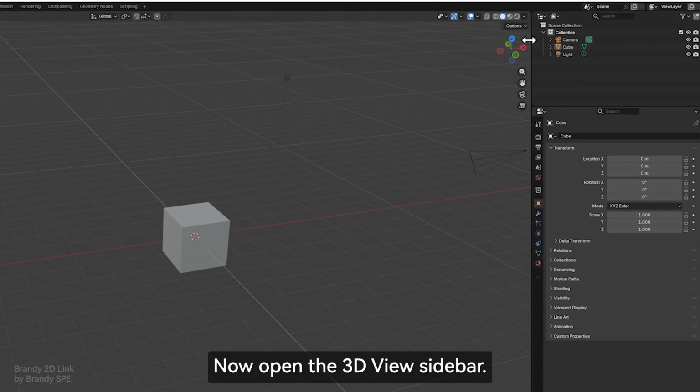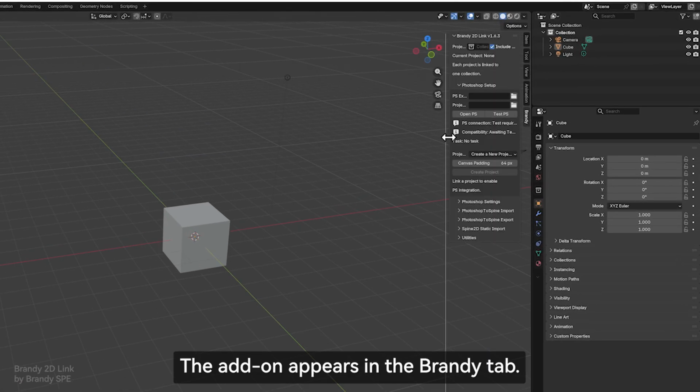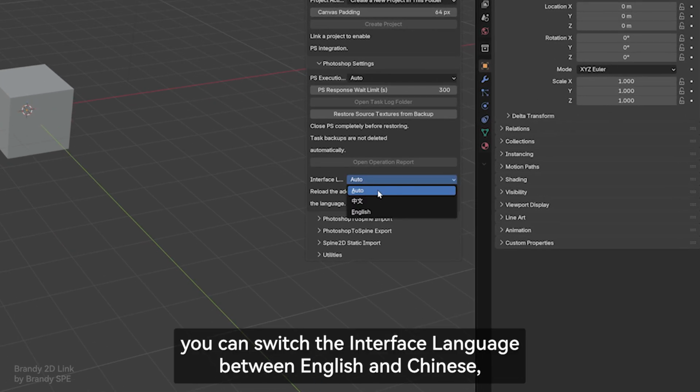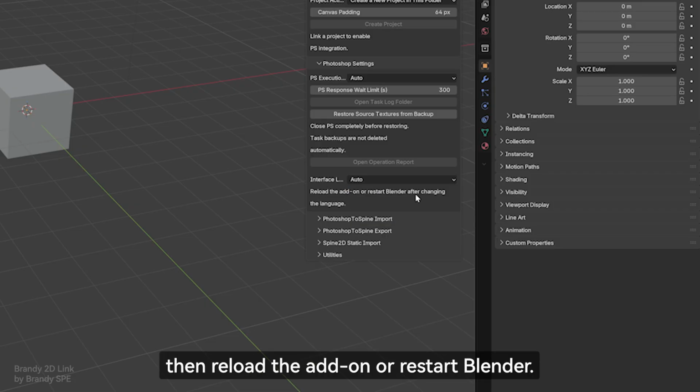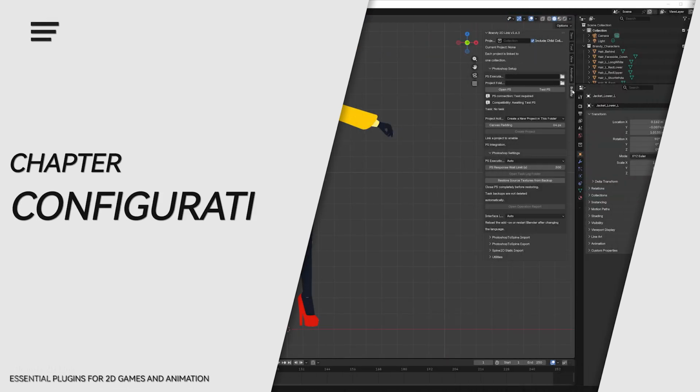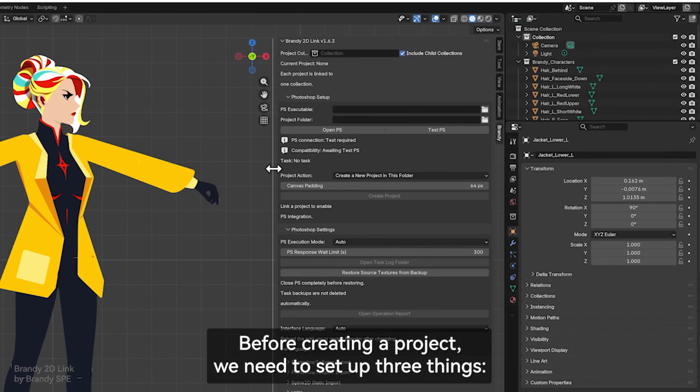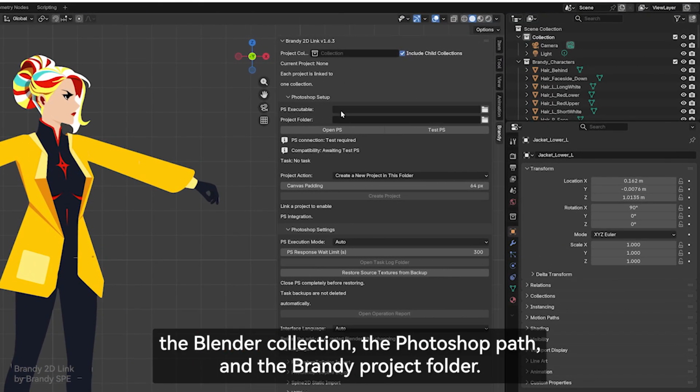Now open the 3D View sidebar. The add-on appears in the Brandy tab. In the Photoshop setting panel, you can switch the interface language between English and Chinese, then reload the add-on or restart Blender. Before creating a project, we need to set up 3 things: the Blender collection, the Photoshop path, and